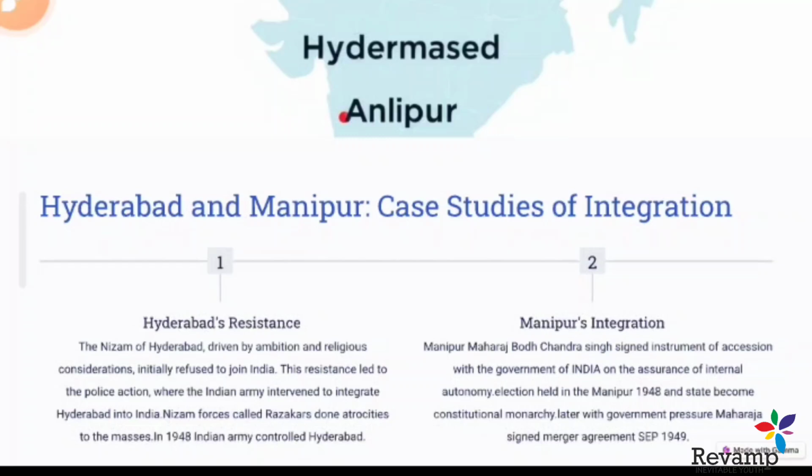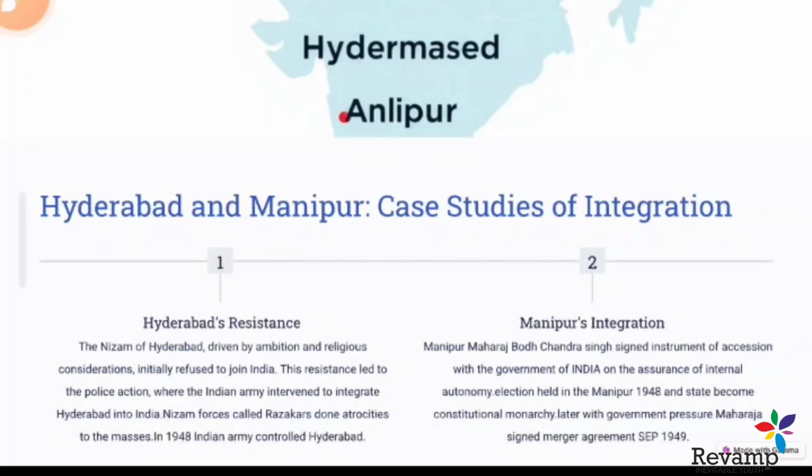His army, called the Razakars, the Nizam's personal army, committed a lot of atrocities against the peasants. These peasants were the majority population of Hyderabad. The Nizam also had a fear of a plebiscite, so he ordered them to expel those peasants, mostly Hindu peasants, because he wanted that even if a plebiscite happened, it would favor integration into Pakistan, not remaining in India. So these are the things that he did at that time.